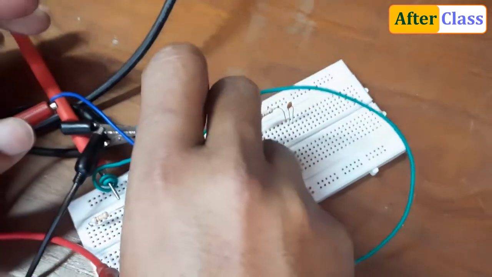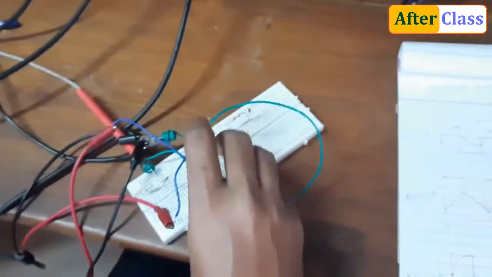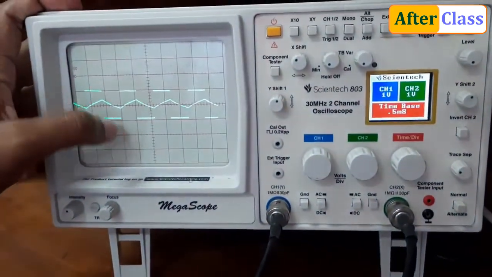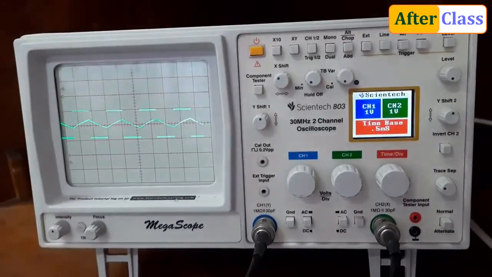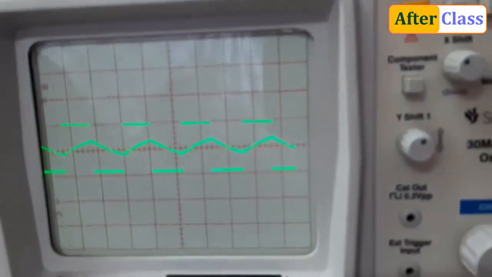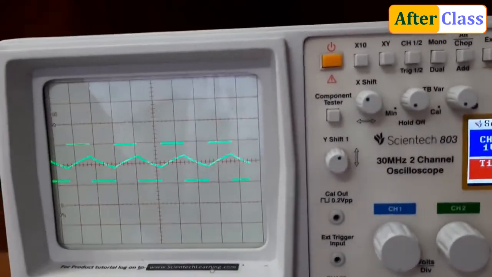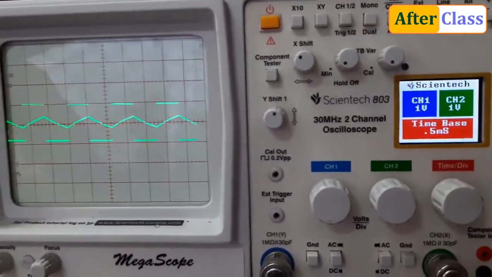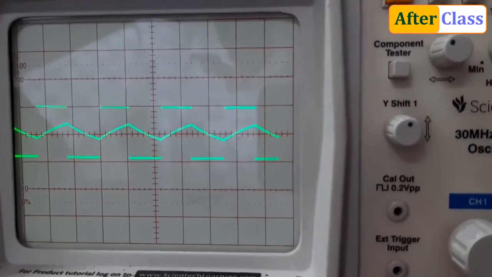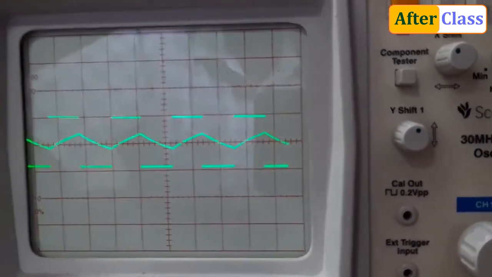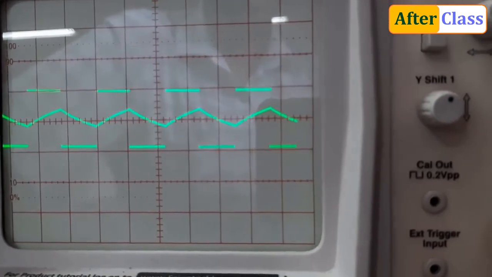Now see what is coming in. Just see how you are getting the output. For a square wave input, you are getting proper triangular waveforms, correct? So in this case it behaves as a proper integrator. You just need to see these waveforms. You need not measure in this particular experiment. So for square wave inputs, you are getting a proper triangular output.